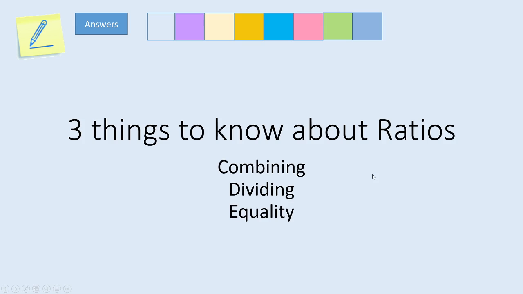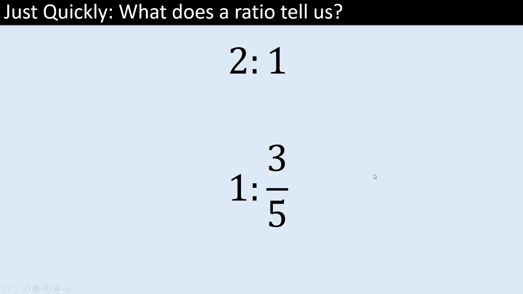We're going to look at combining ratios now. Now, first of all, we need to think about what does a ratio actually tell us. Okay? A ratio, for example, a ratio 2 to 1, tells us that for every two of our left things, we need one part of our right things. And we can often